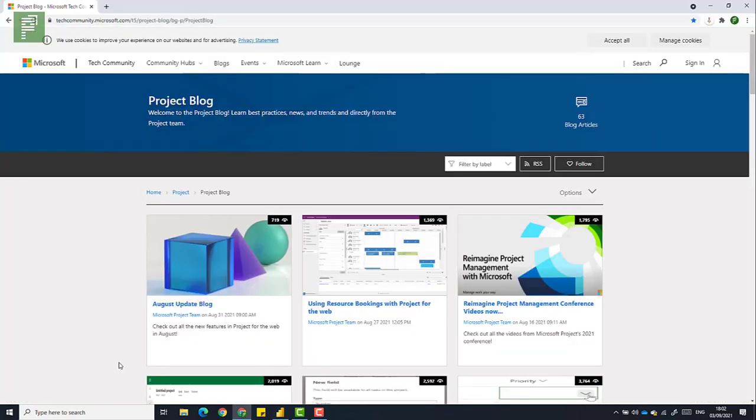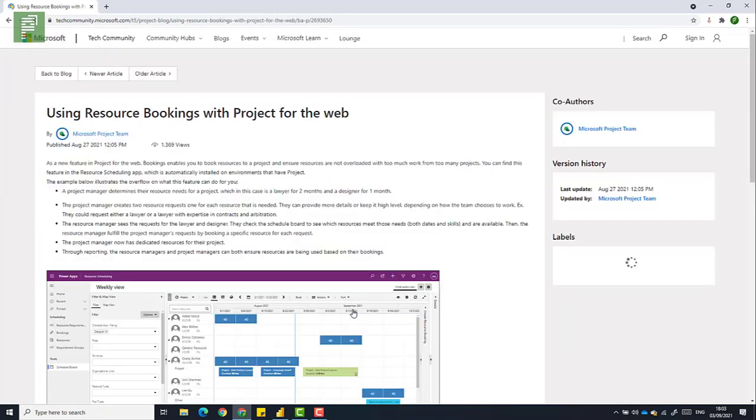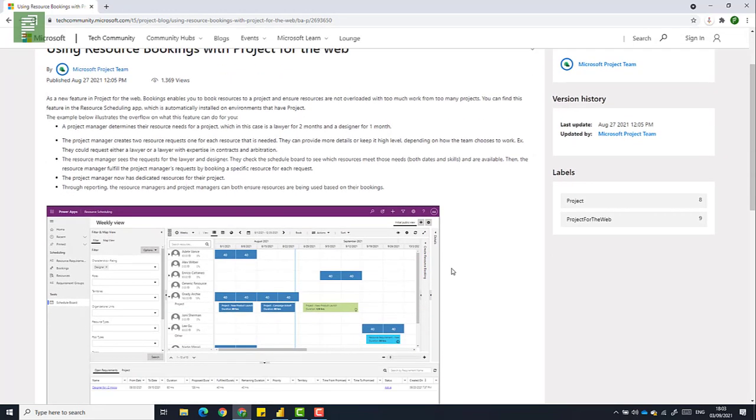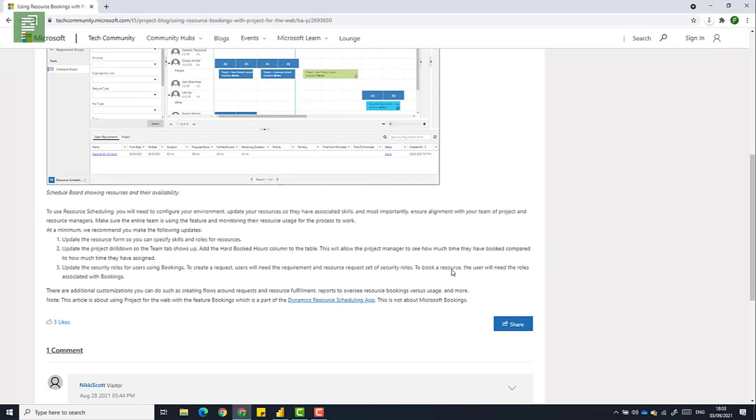So just before we leave, as mentioned, there is a big update that came with Project for the Web, and that is the use of resource bookings with Project for the Web. You now have the option to request and get assigned resources for your project in Project for the Web. Now, because this is a big update and there's a lot to cover that isn't covered in the app or in the blog itself, I want to do a full-blown video on this topic. So if you like that idea,